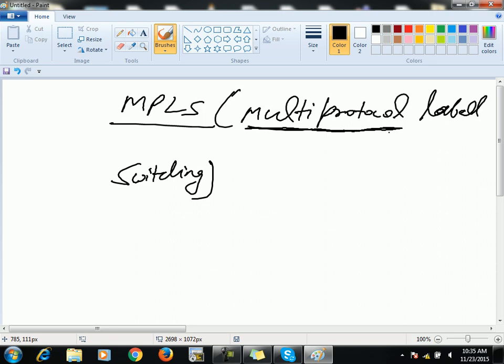We are calling it label switching, which means MPLS is quite different, because here we are saying label switching, which means that it will perform switching based on labels. It's not going to perform switching based on IP addresses, right? And actually, if you talk about the traditional switching method, what is it? IP switching. Till now we are using IP switching.